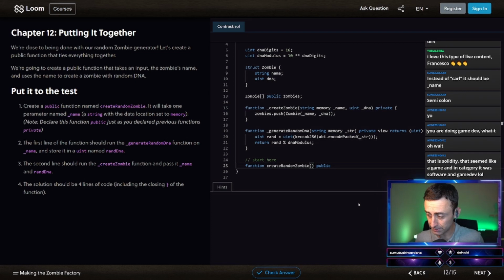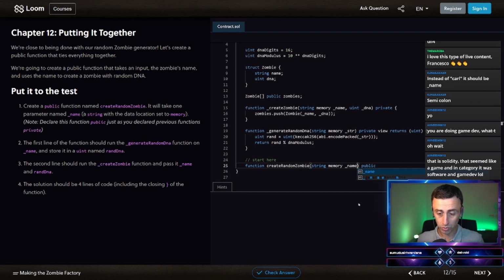The function takes one parameter named _name, a string with the data location set to memory. So string memory _name. So we create a random zombie with a name. It will take just one name. Declare the function public, just as you declared the previous functions private. Okay, the first line of the function. And what should we return? We're not saying what we will return.